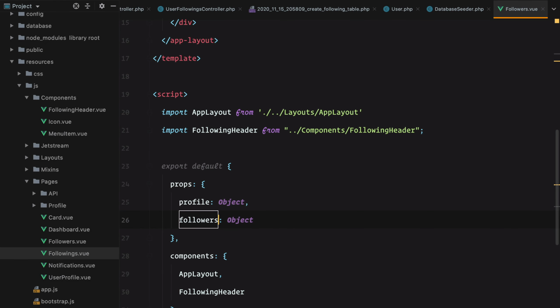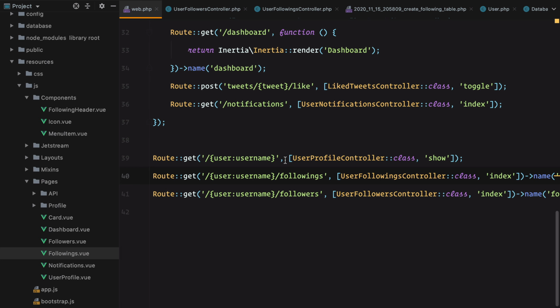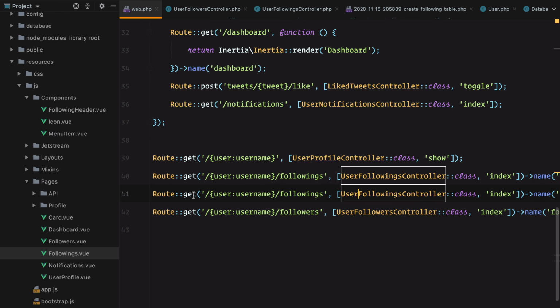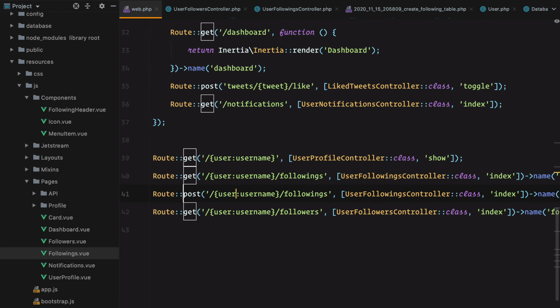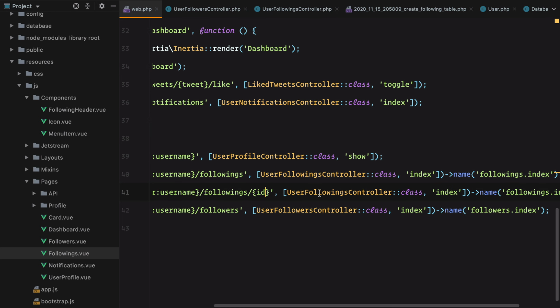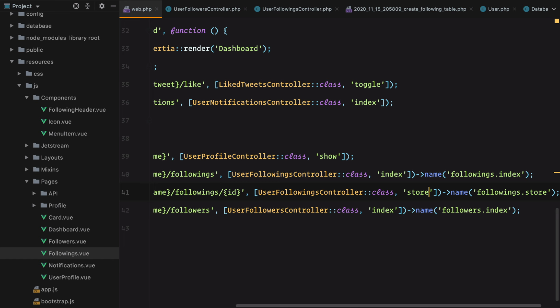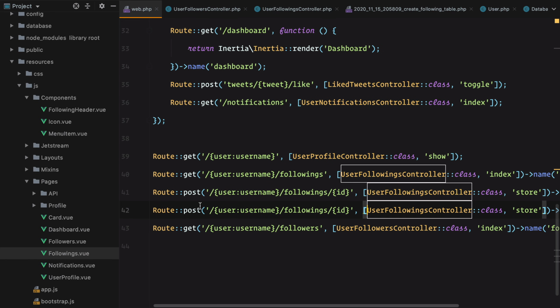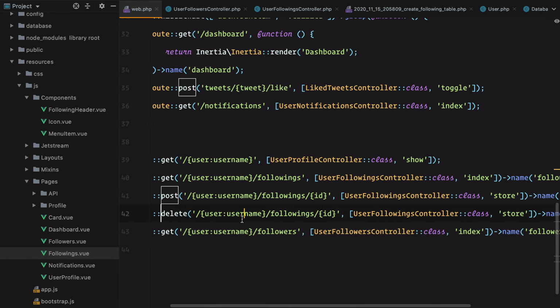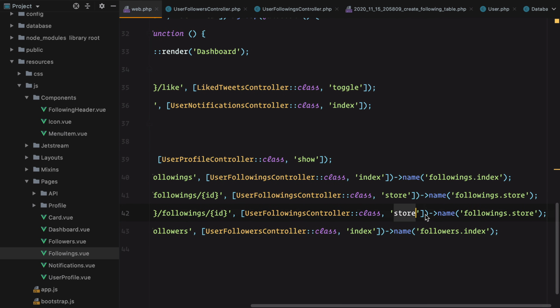The next thing we need to do is to create the endpoints to follow and unfollow an account. So we'll go to web and add two more routes. One will be post to following/ID, and this route will be called when we want to follow a particular profile or user, and we'll call the store method. And the other one will be delete, so delete requests for the same URL, and we'll call the destroy